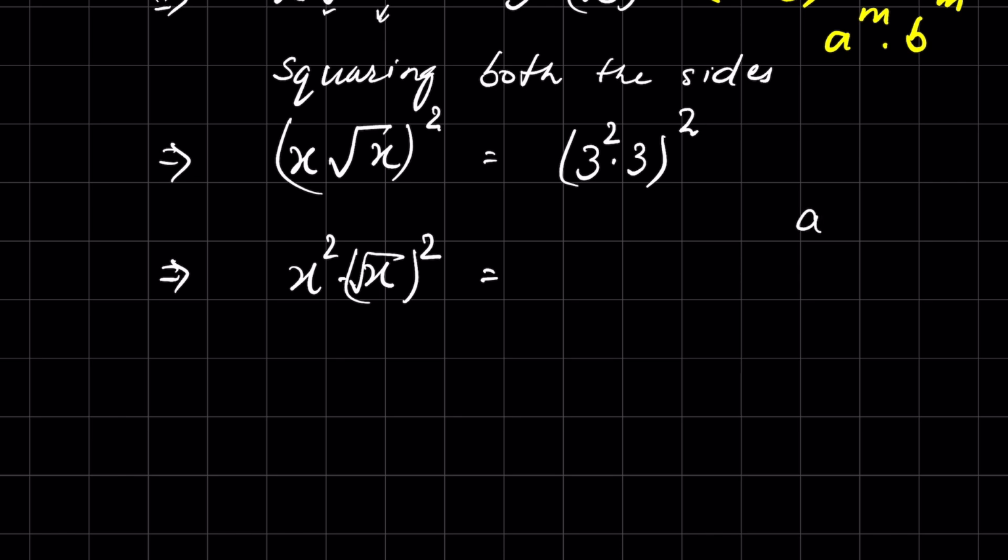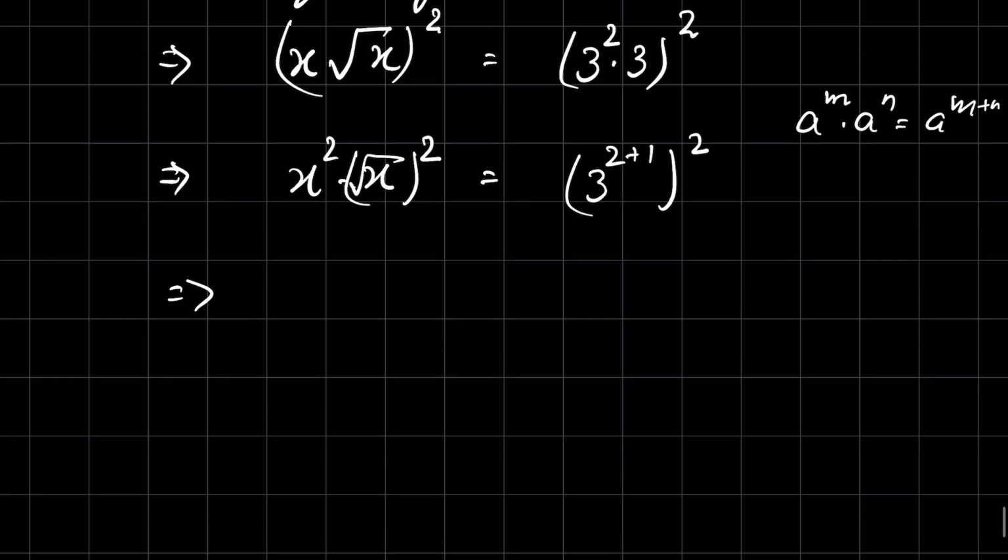when a raised to the power m times a raised to the power n is equal to a raised to the power m plus n. So it will be 3 raised to the power 2 plus 1 whole raised to the power 2. This side we have x square and this square root removes the square times x is equal to 3 raised to the power 3 whole raised to the power 2,